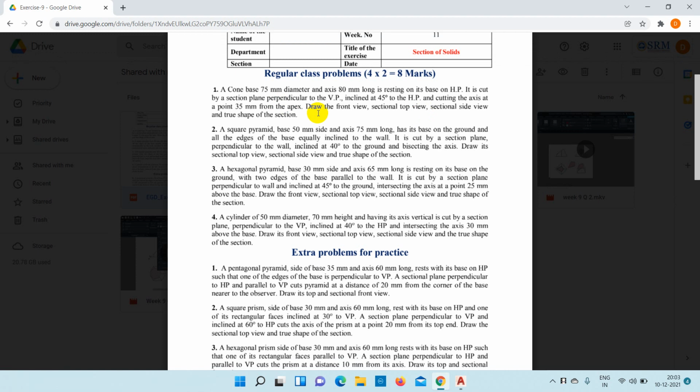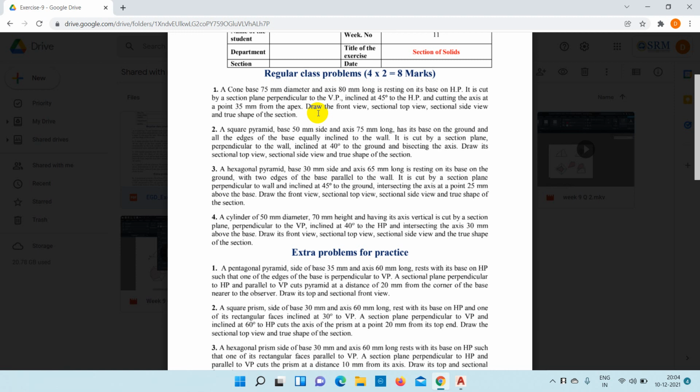So we have to approach this question in two parts. First is related to projection of solid and second part is section of solids. If you read the question, they have mentioned that cone is resting on its base on HP. From that we should understand that in the top view we will be able to see the circular shape of the cone. So first we have to select top view in the AutoCAD software and draw the cone for the given dimension.